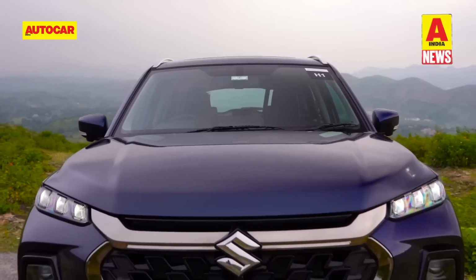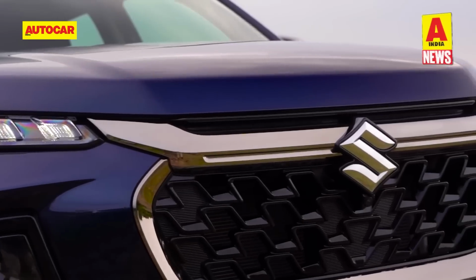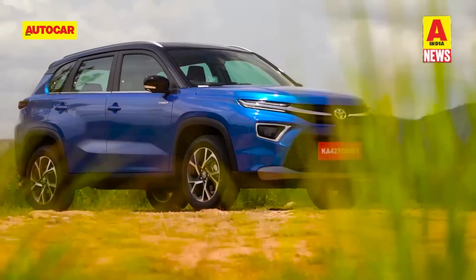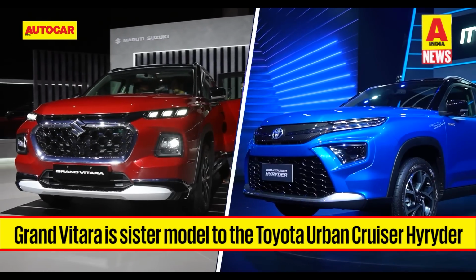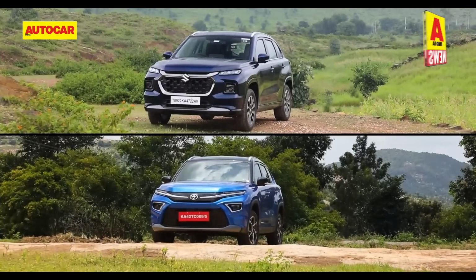Maruti's new mid-size SUV is off to a strong start with over 55,000 bookings received before the price announcement. The waiting period for the model stands at 5 months. As you may know, the Grand Vitara is a sister model to Toyota Urban Cruiser Hyryder. Both the models are built at Toyota's production facility in Karnataka, and save for the styling difference, they are identical